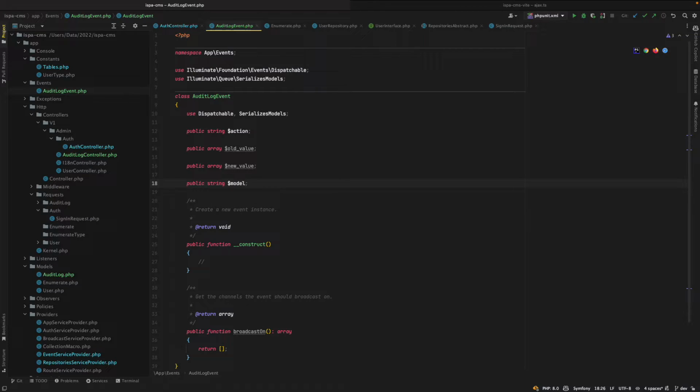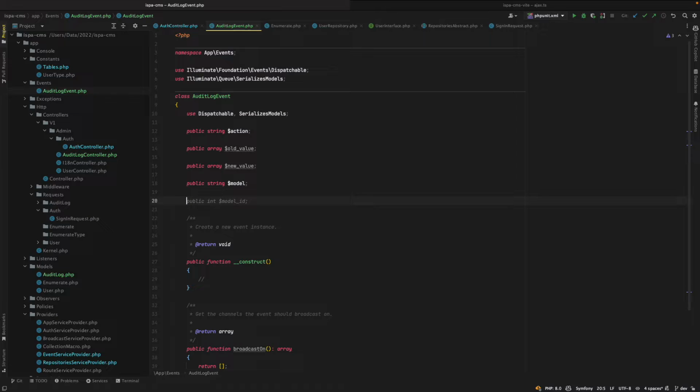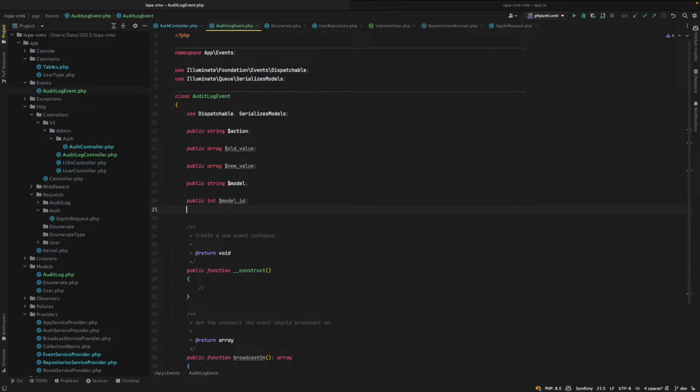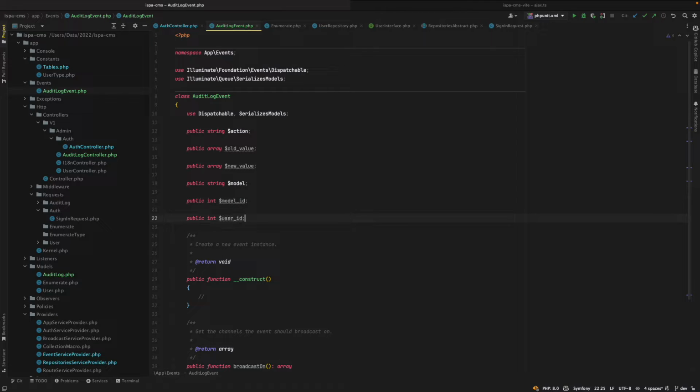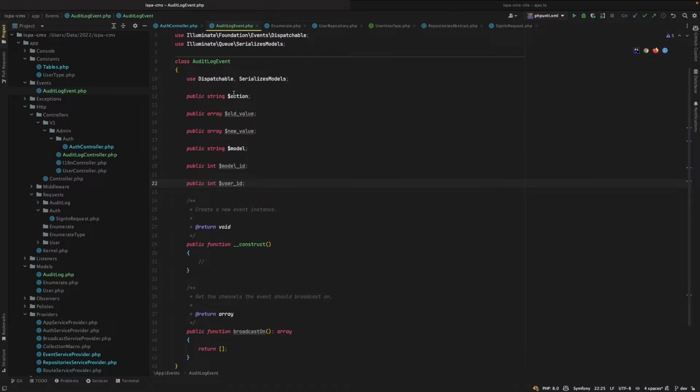No, maybe we don't need it. We have the model class here, and we have the model ID here, and user ID here. In the end, okay, maybe this works,